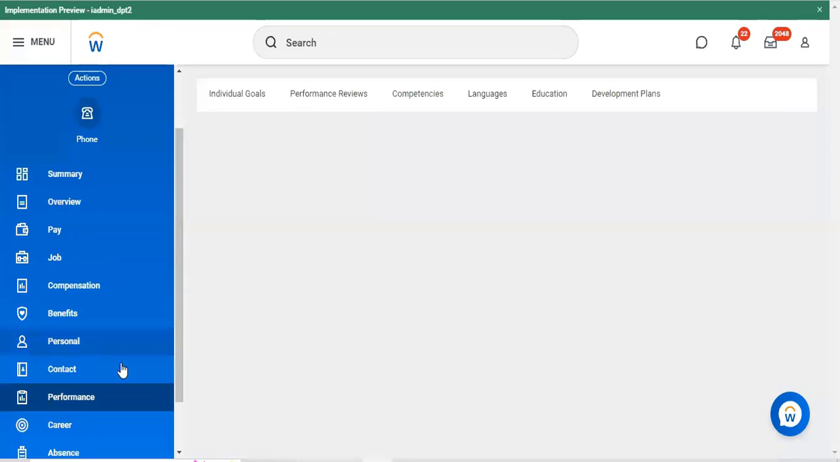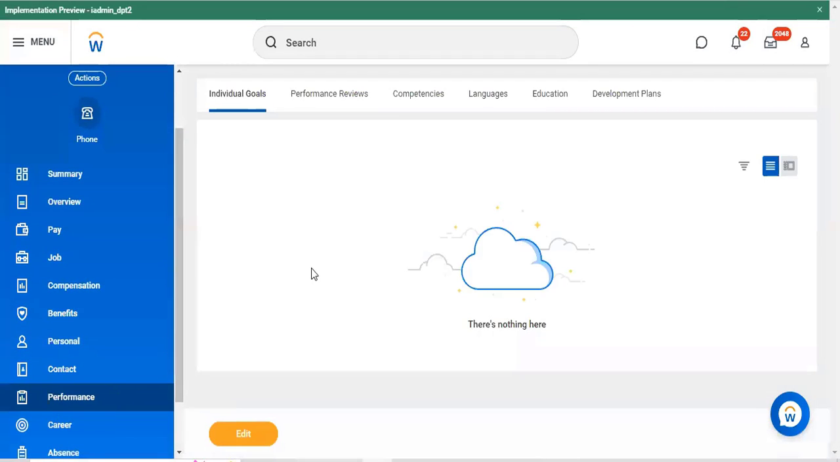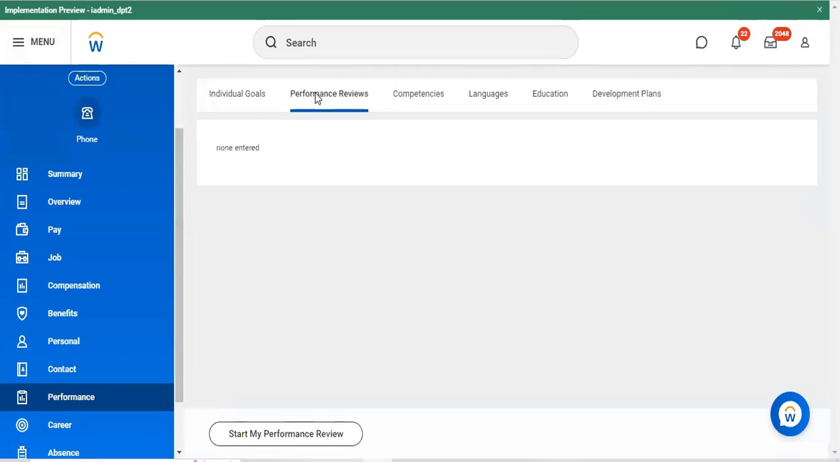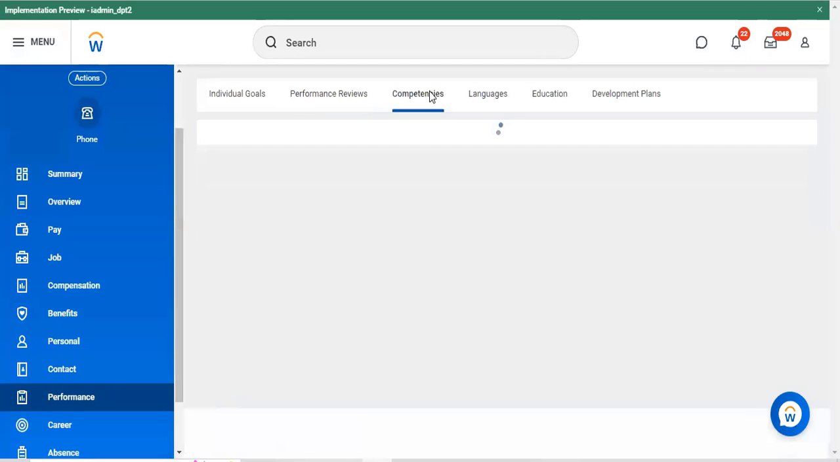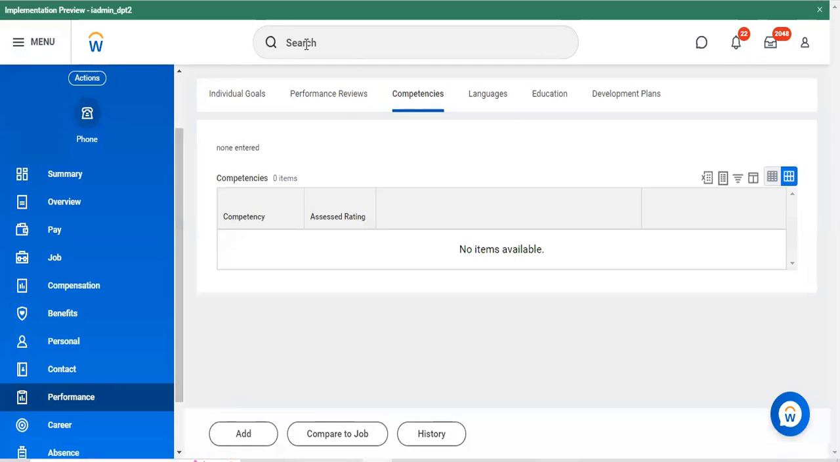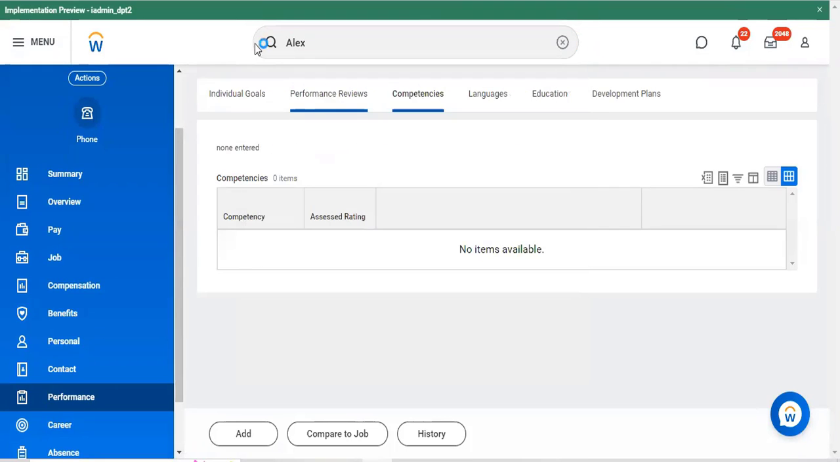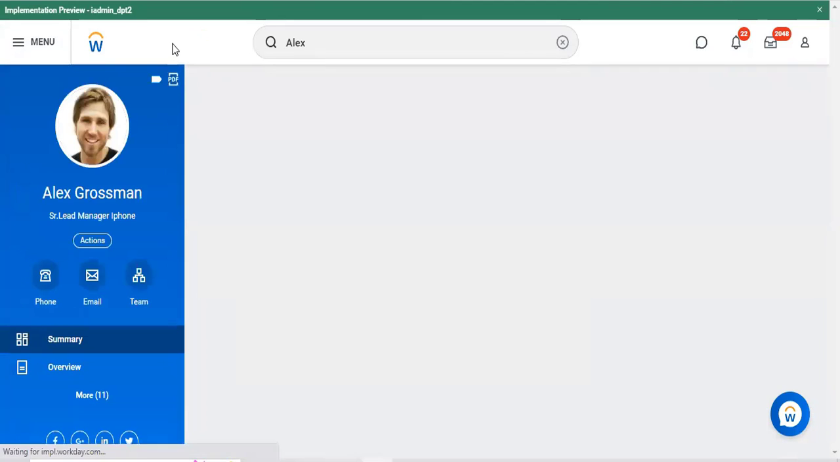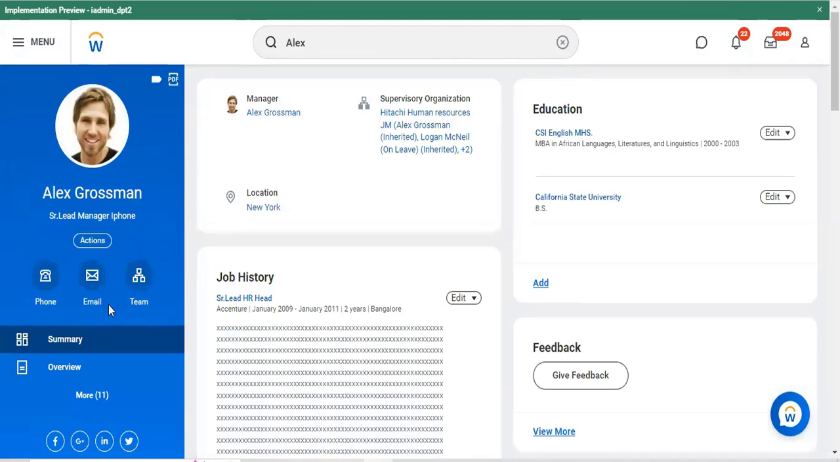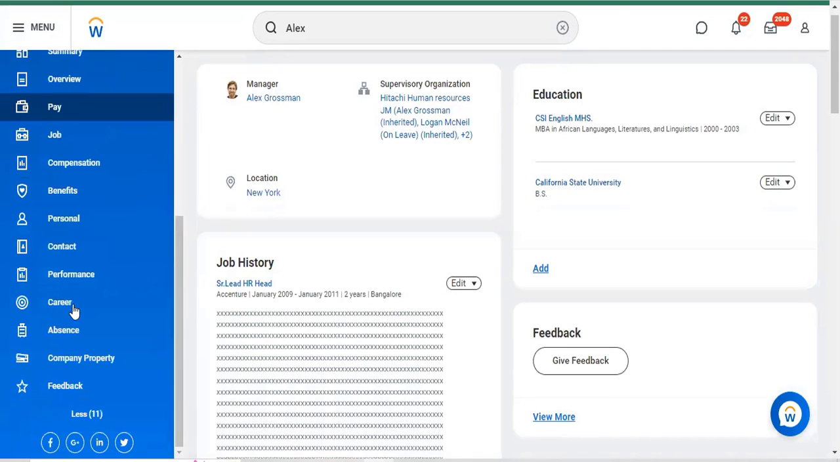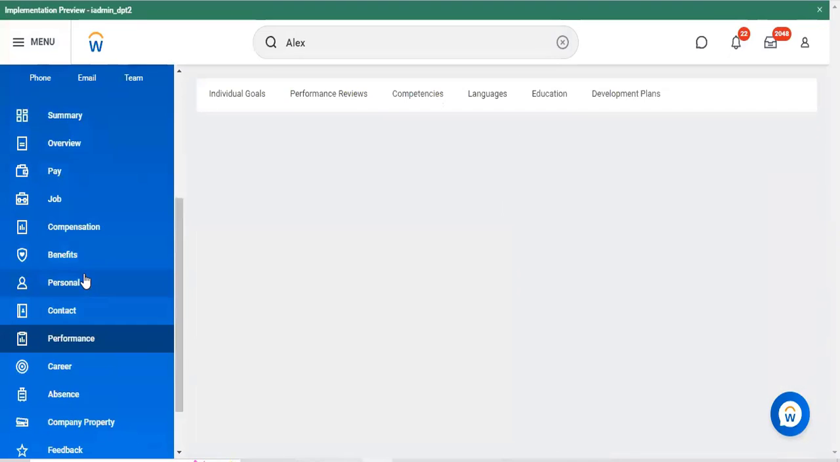Coming to, if you want his performance related activity, you can see his performance related information here. Go with performance review. As of now, no data is available, but I'll show you. Wait, I'll pick any other employee. Alex Grossman is one of the employees, a test employee which we created recently to give you more understanding. Coming to the performance,